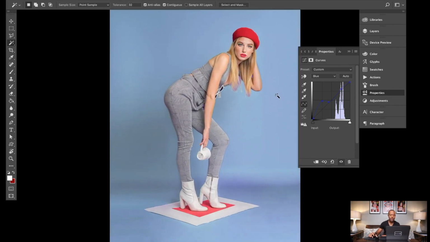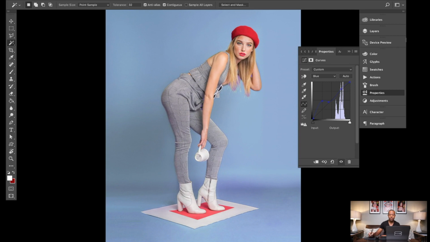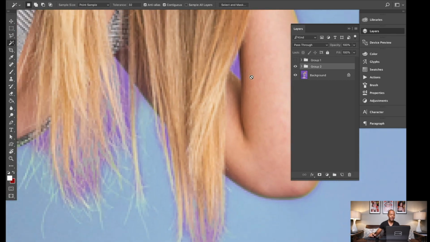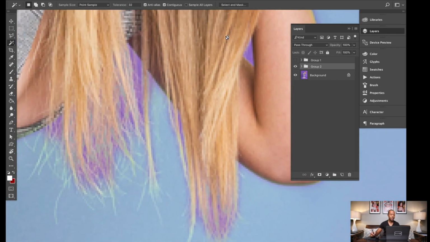So I'll show you guys the before and after here. Let's go back over to our layers panel, and we will group these. And before, after, before, after. Okay. See, now the main thing, like I was saying before, it's not perfect. There's still some purple